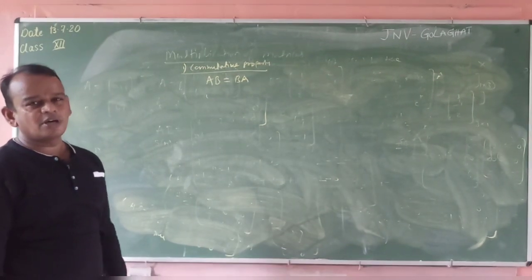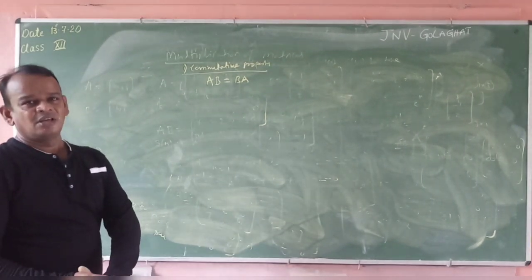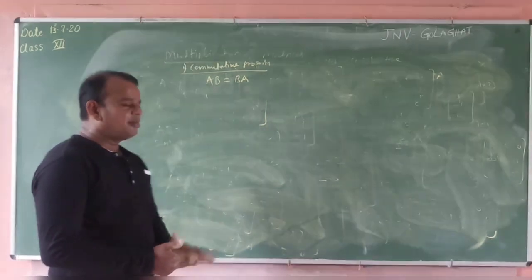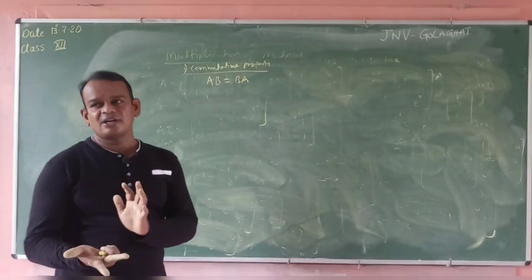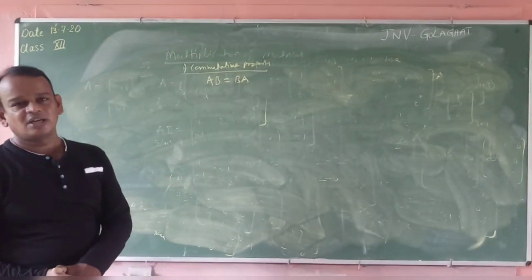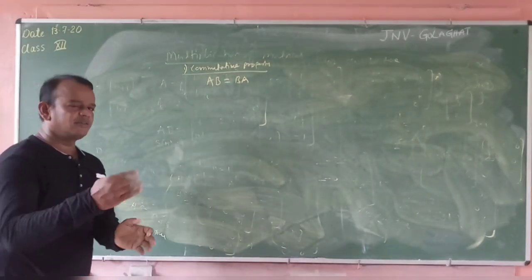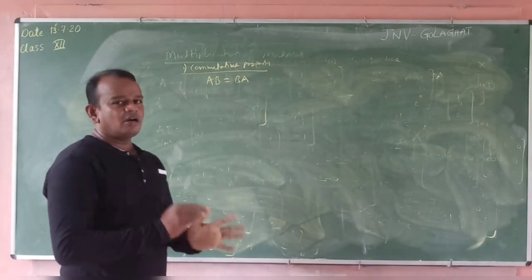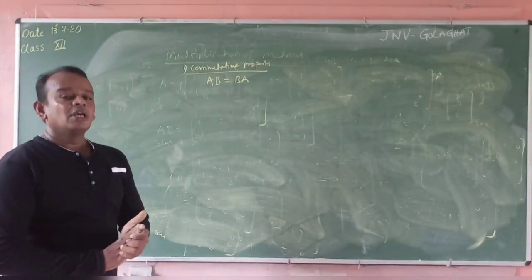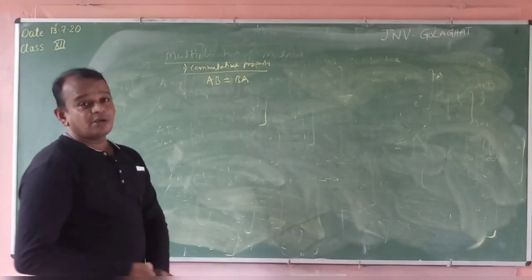Is AB equal to BA possible? If possible, maybe AB is equal to BA, those two matrices have compulsory inverse together. Okay, next I will discuss that. It may or may not be possible that AB equals BA. If AB is equal to BA, then 100% it is the commutative property.